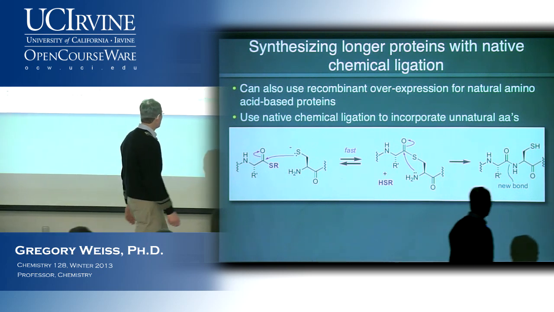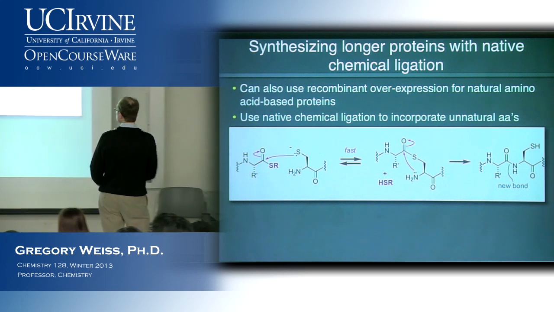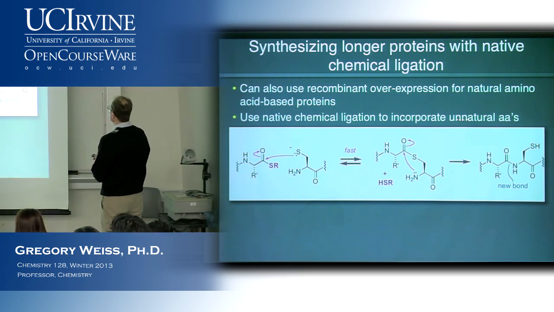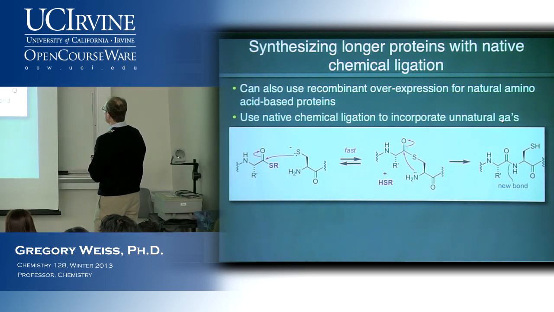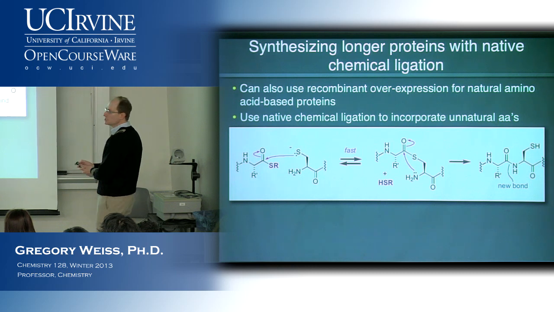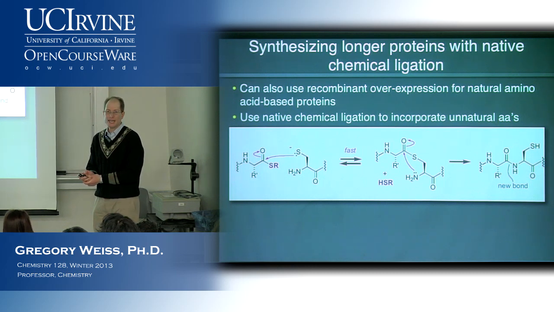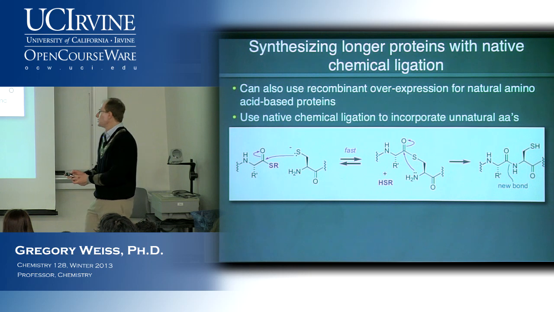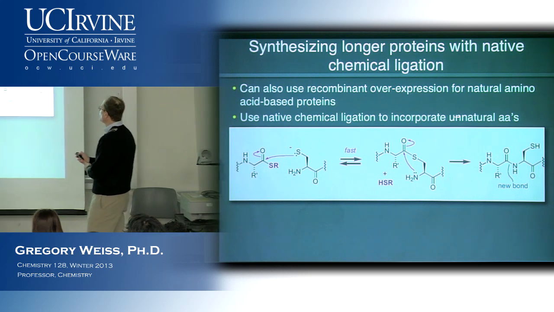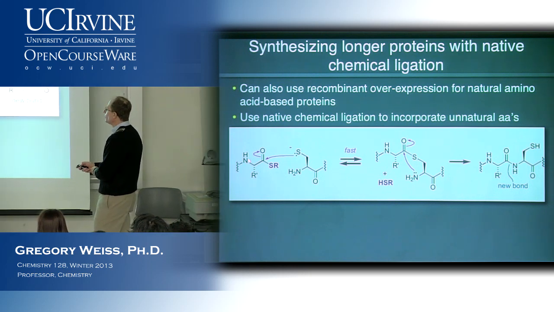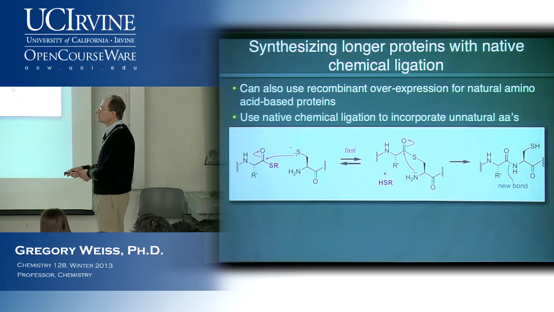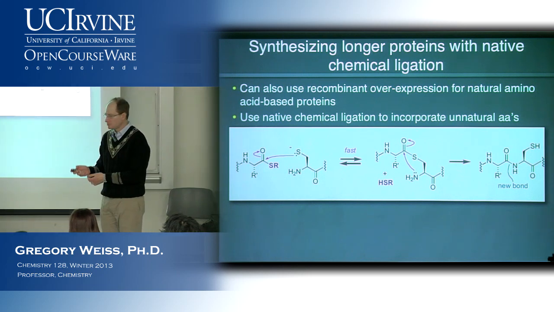Okay, so this works really well. It's used very commonly. It's often used to incorporate unnatural amino acids, a little bit different than the suppression technology that we talked about in the context of RNA. But in this case, you could just chemically synthesize whatever you want, including unnatural amino acids, including weird backbones that I'm not talking about today. Okay?